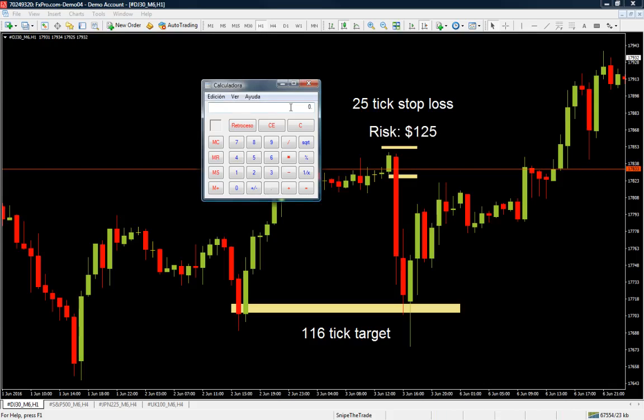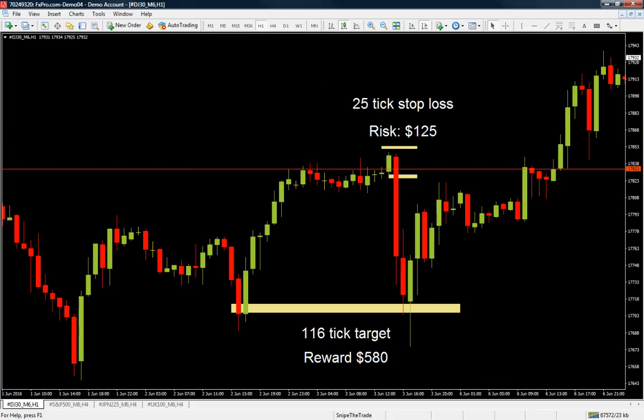Now let's calculate the reward on this trade, which means that we have 116 ticks to our target that got hit, times $5 per tick, which means that we are going to be making $580 on this trade. And this is why we like trading stock indices, and this is why you should learn how to trade them, because not only can you get very good risk versus reward on your money, but you can also hit your target within one trading session,